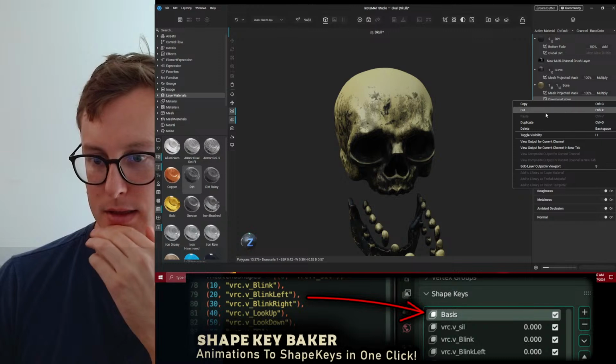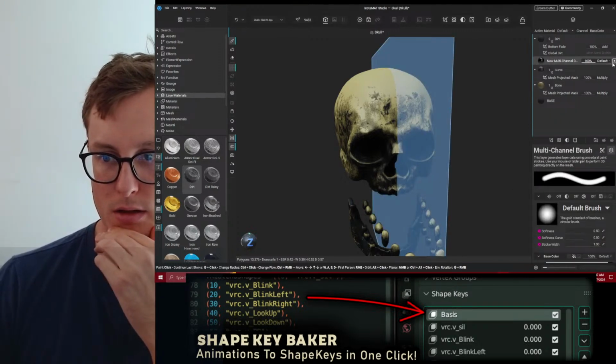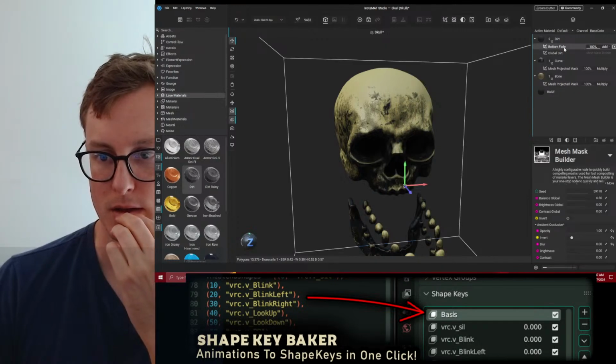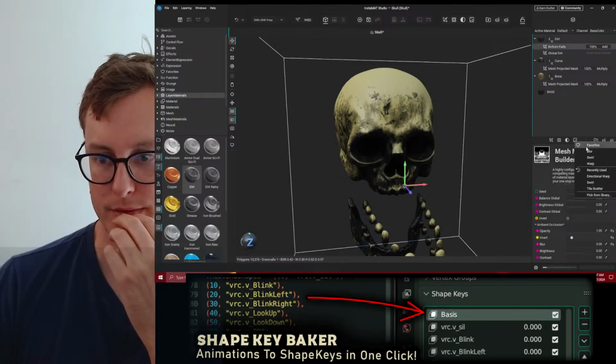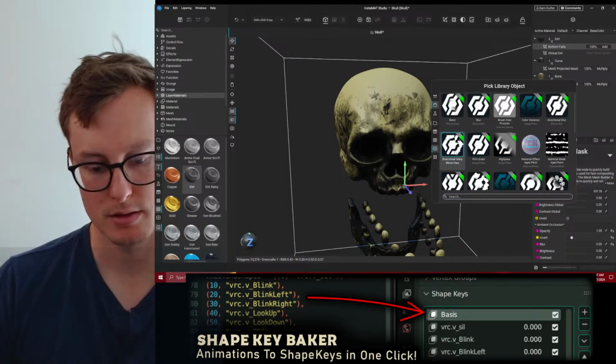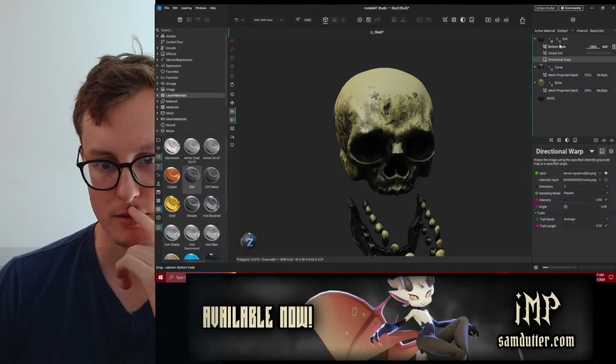I'm not going to see anything here because it's a full layer. If I went here and added an effect, directional warp, would that warp the whole mask? Interesting.